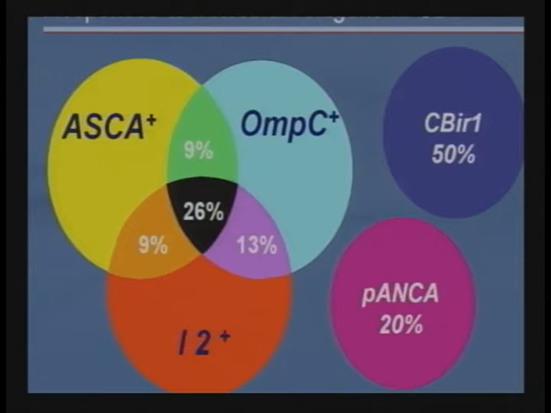So the notion we can get P-ANCA in any lab is kind of not accurate because you actually need the appropriate antigen to be specific for IBD. So that's come out as well. So overall, this is what we know. This is our landscape. We've got some microbial-driven antigens, actually all of these, and then there's P-ANCA, which is now thought to be also a microbial-driven antigen response. So this is what it looks like.